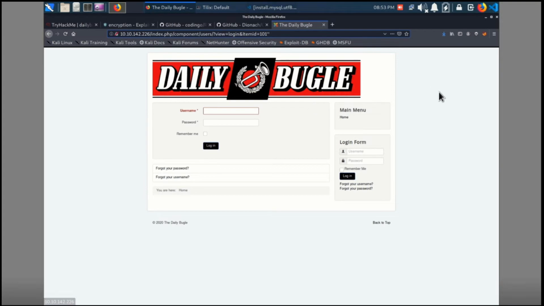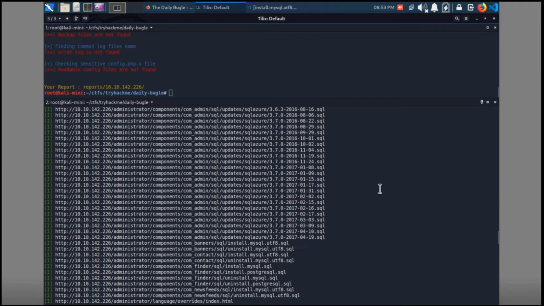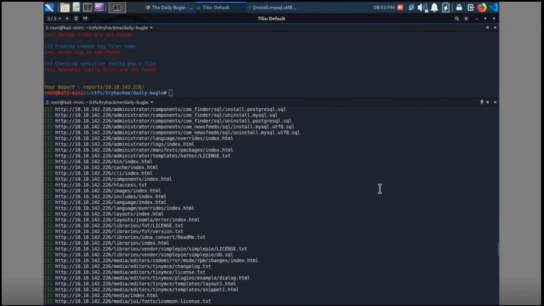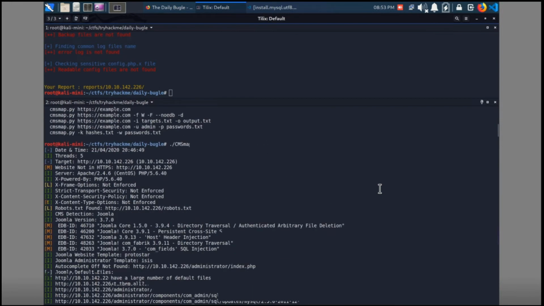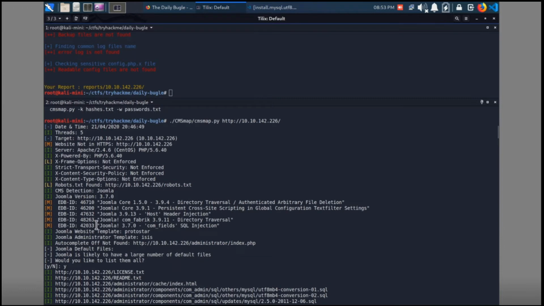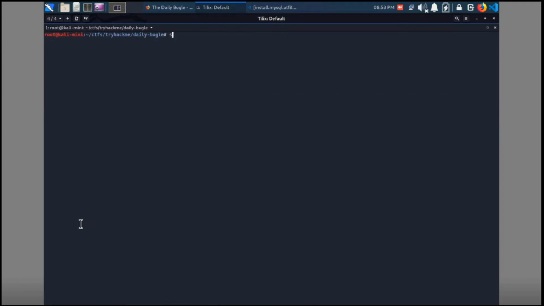All right, so in this case, there's a lot of SQL files. There's a lot of data to look over. Each one of these is worth it, but let's focus on those exploits, those mediums here. So we're going to do this one first and see what this is. So if we do a searchsploit,